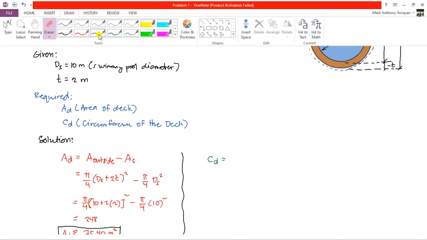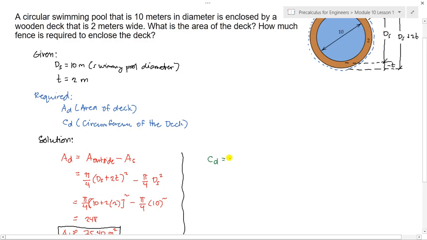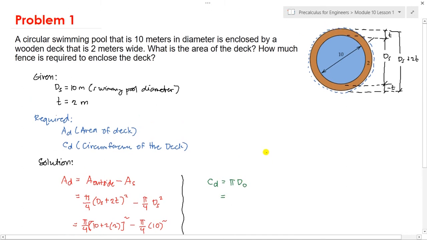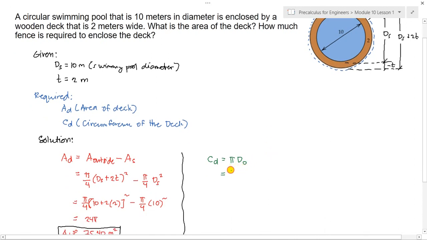So kani siya may mo ni siya og pi d, and then the diameter of the outside, and we all know that the diameter of the outside is just the sum of the diameter of the swimming pool and twice the thickness of the deck. That is pi times ds plus 2t. That is pi, then diri